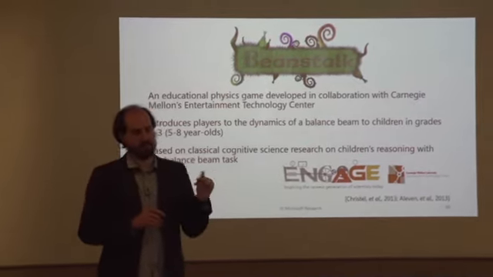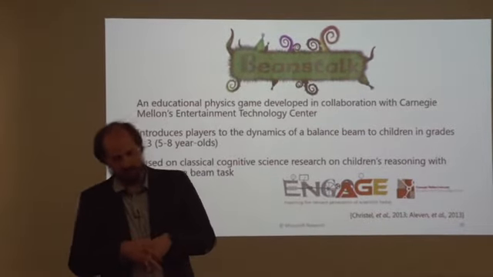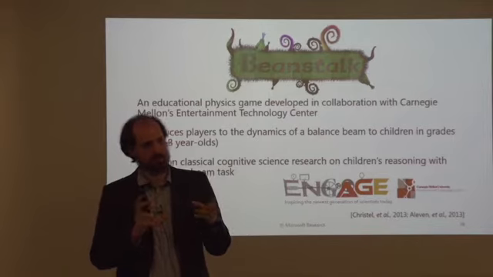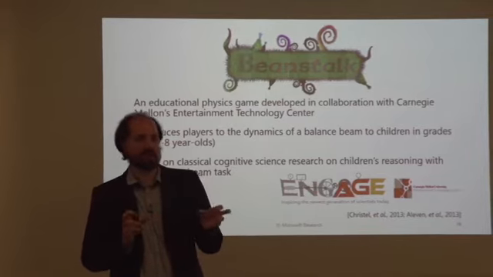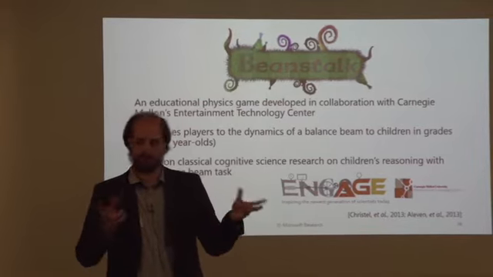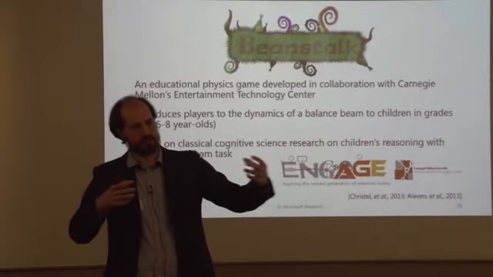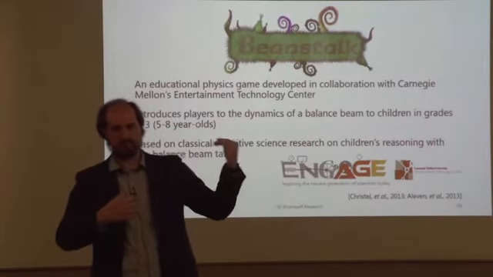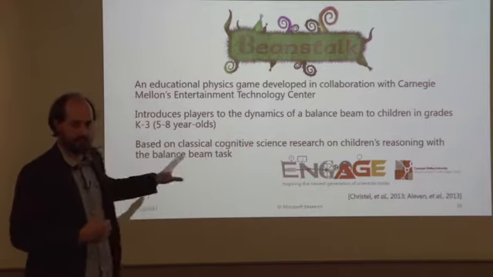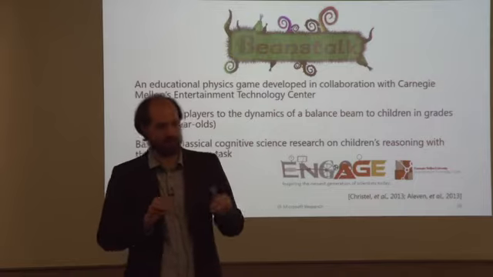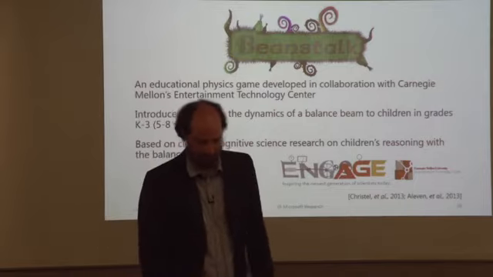And this is based on some early cognitive psych research by Robert Siegler, looking at how kids reason in a balancing task. In particular, if you remember a balance beam, there's the weight on a placement, and then the distance from the fulcrum. Kids at this age, particularly K1, the earlier half of this spectrum, have trouble reasoning with those multiple variables at once and how they interact in a space.